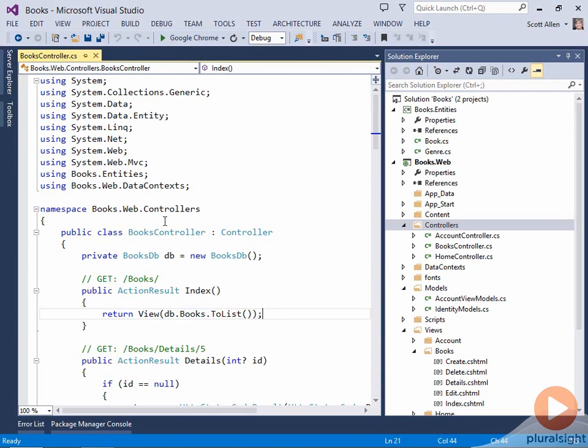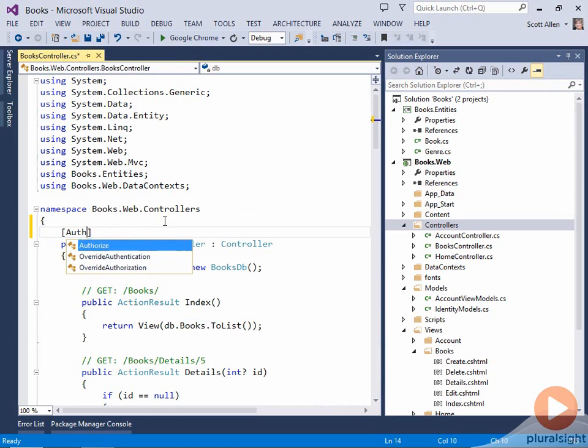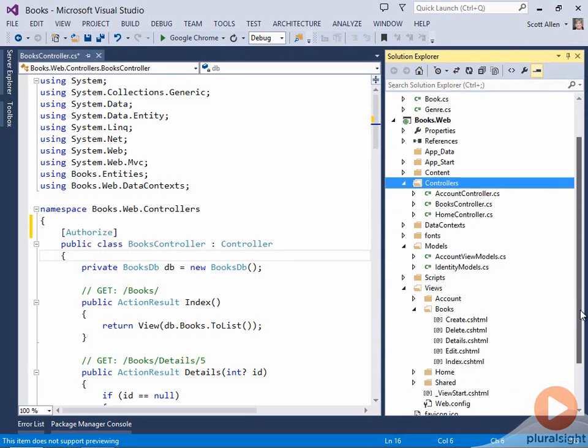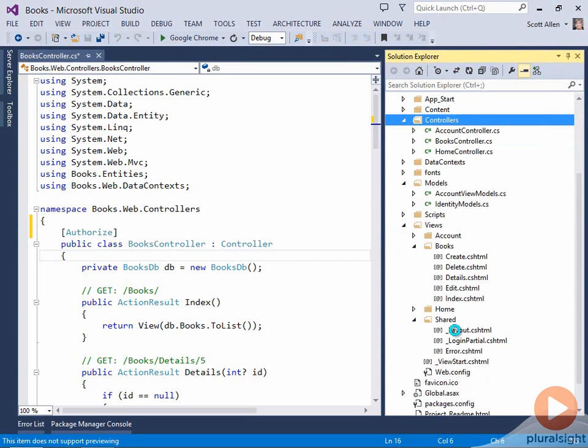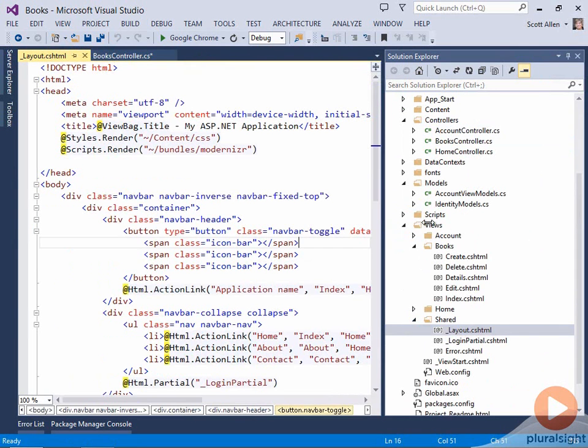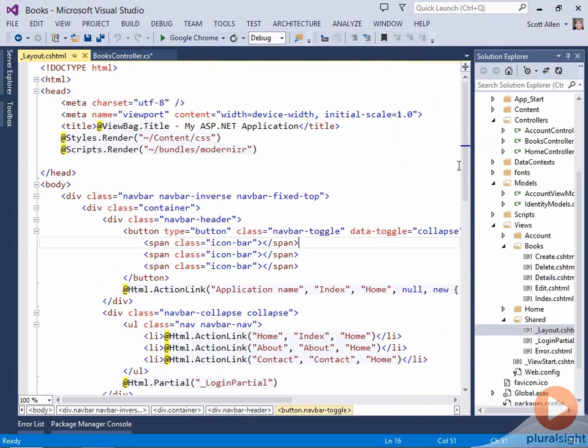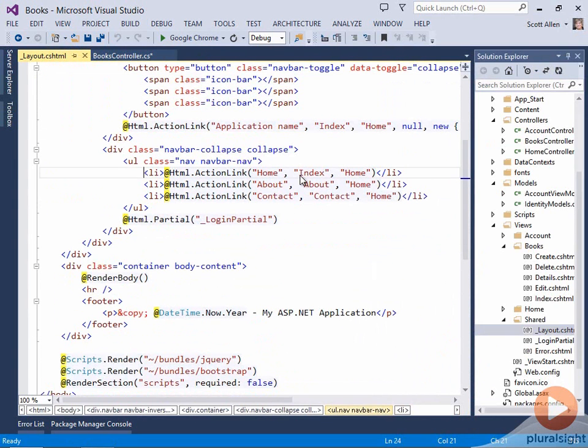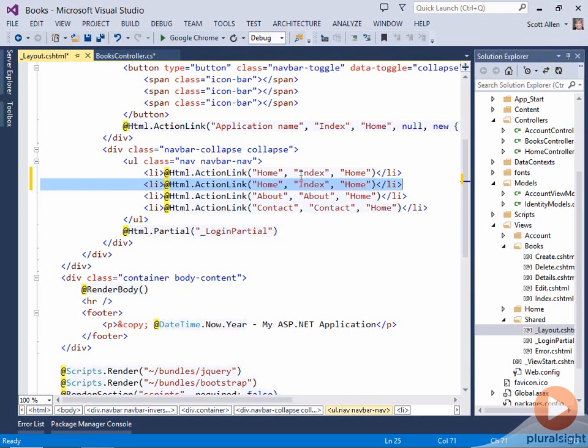One change I would like to make to the scaffolded controller is to add an Authorize attribute. We know now that only authenticated users can reach the functionality inside of here. And before I run it, I will probably need a link in the navigation bar to get to this functionality easily. So in the layout view, where we build the navigation bar, I will take the link for the home page, copy that, paste it in here, and just change the parameters. I want it to display the text Books and go to the Index action of the Books controller. And with that change in place,